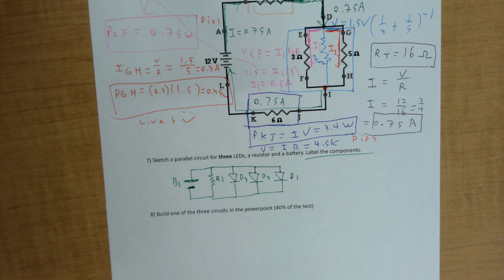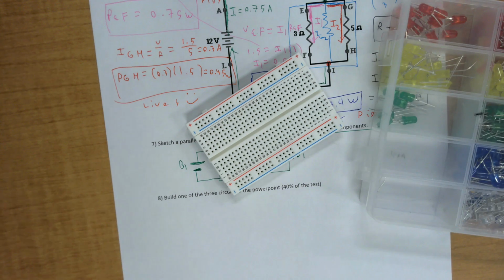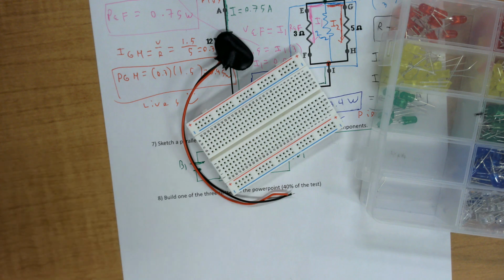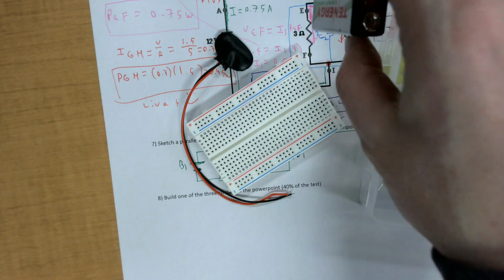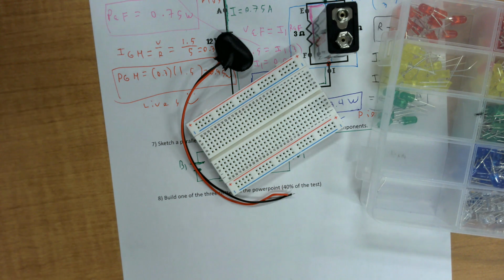So now we're going to build a parallel circuit. Again, there are 3 different circuits you could have a choice of, but parallel is easiest, for sure. So some things you need are, of course, LEDs, wire. In this case, it's a little 9-volt battery clip, and a 9-volt battery. Don't need the screw that's somehow in my pocket, but let me find those wonderful, amazing